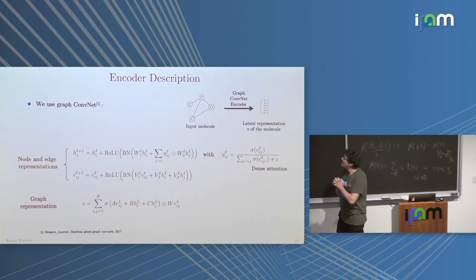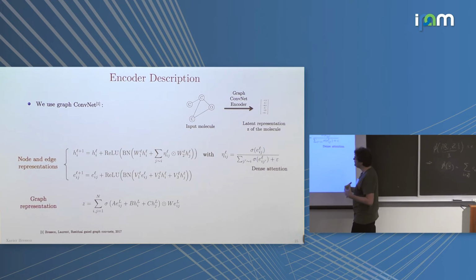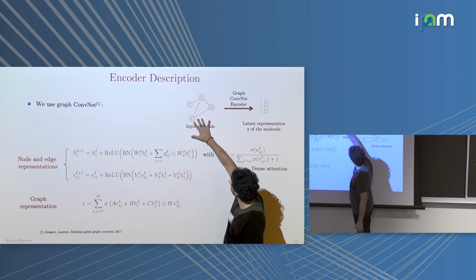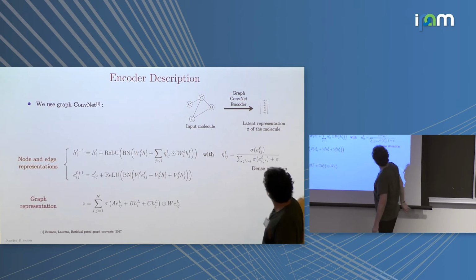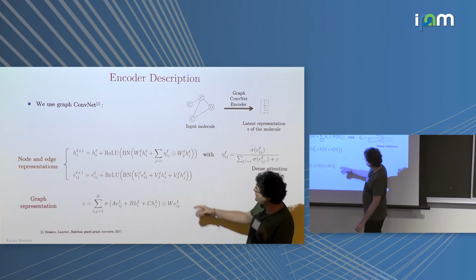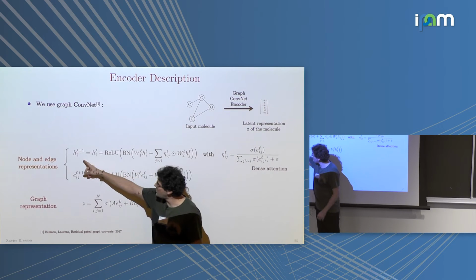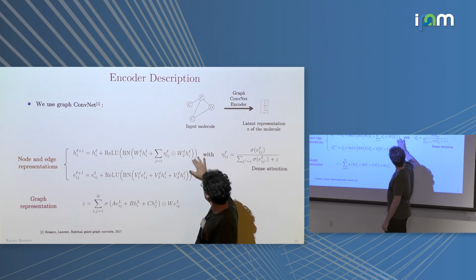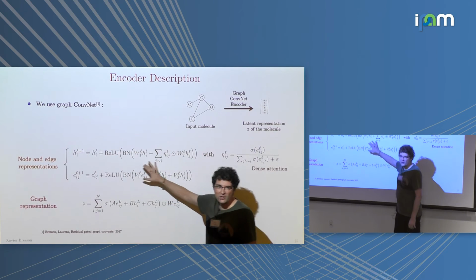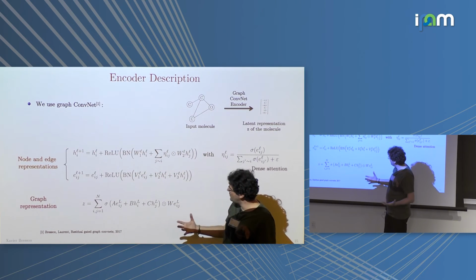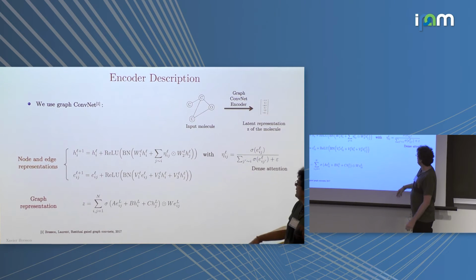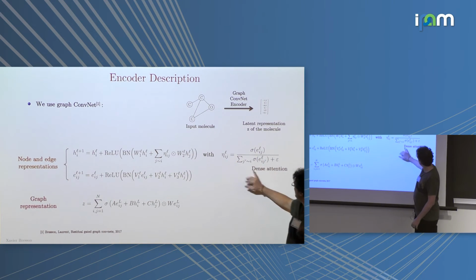If I give you a little more detail about the encoder description, going from the molecular graph to the vector, I'm going to embed each atom inside my molecule. I'm going to use diffusion operations on graphs, which is very generic today, so it would be nice to make it more specific with some physics. Here I'm using a dense attention.